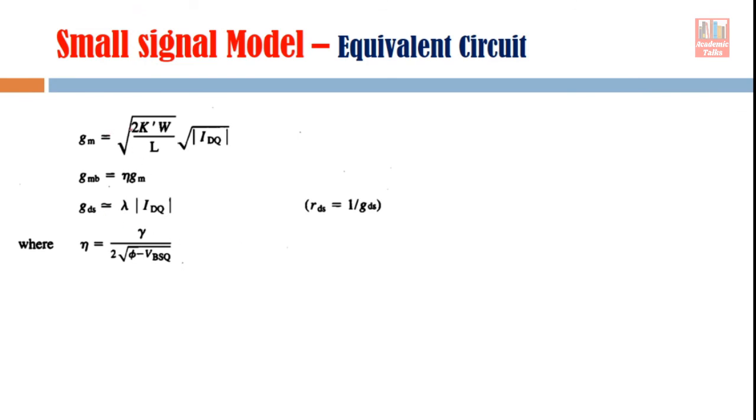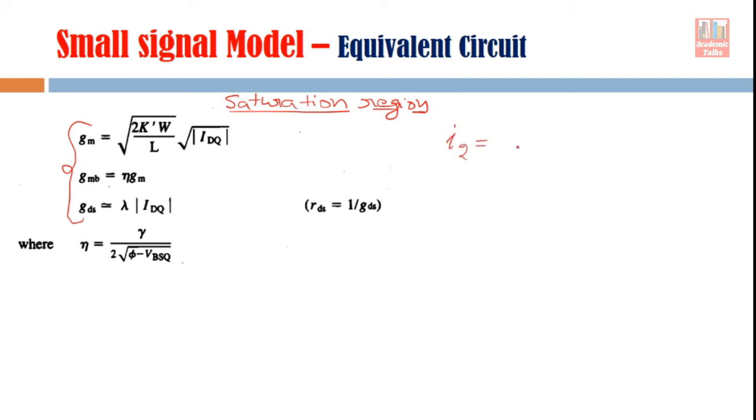So this is our small signal model for MOSFET, and remember this model is for the saturation region. This model is not valid in the ohmic region or in the cutoff region. We are discussing only the saturation region. So these three equations mean you have three constants for the equation of current.